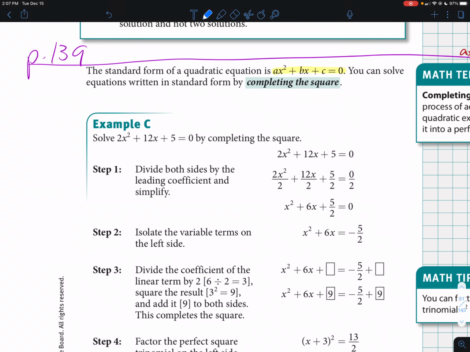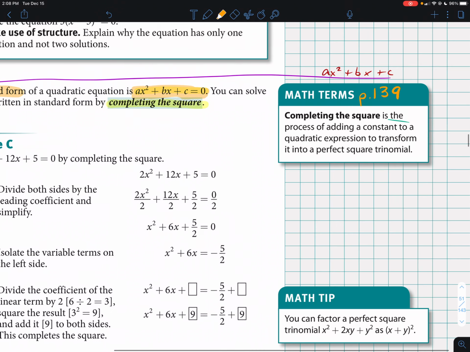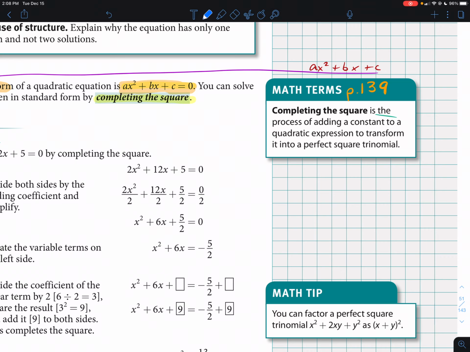And so now we're going to be talking about a method that's called completing the square. This is a method that you can use when you have all three terms: the ax squared, the bx, plus c equals 0. So it's got to be in standard form. Completing the square is the process of adding a constant to make it a